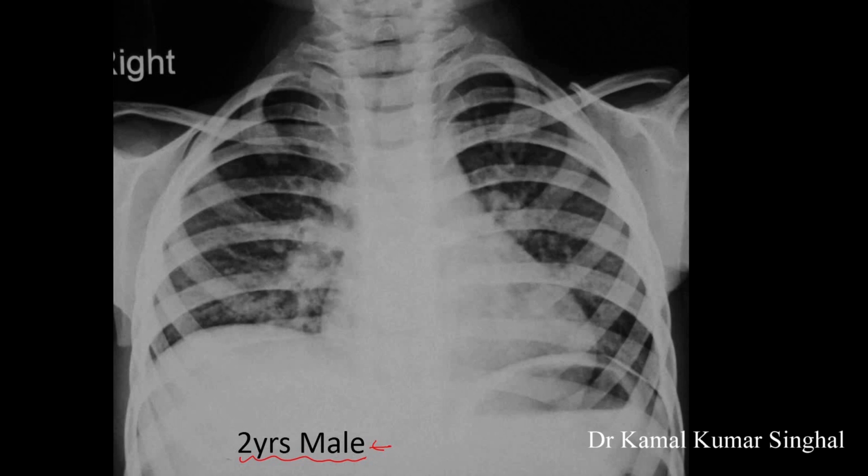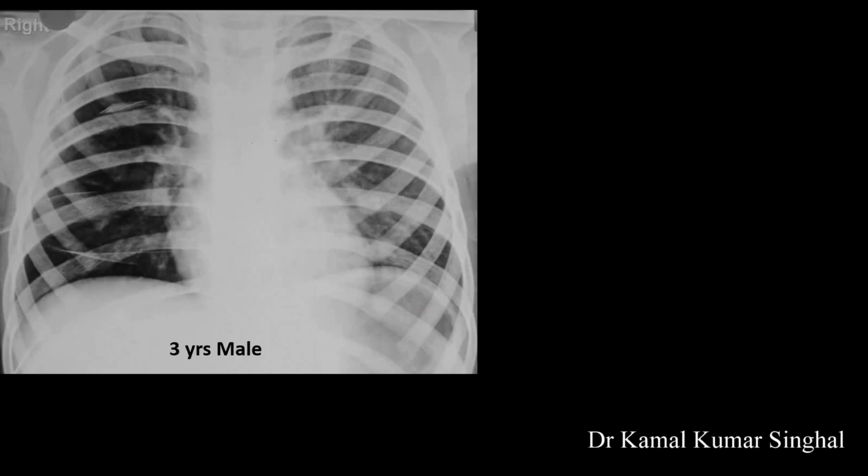If you look closely, you will see that the trachea is showing a compression from the left side. So this is the right border of the trachea, and on this side is the compression of the left border, and you can see the tapering of the tracheal lumen. So this probably is due to a lymph node which may be there, which may not be seen so well in an AP film. So this is the radiograph of a 3-year-old male child.